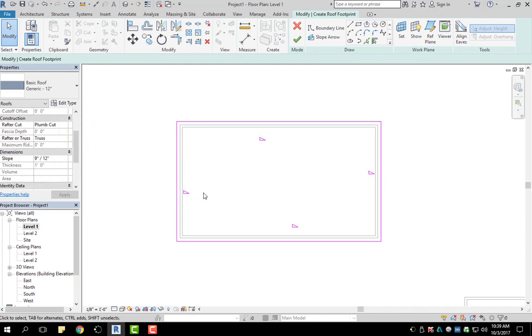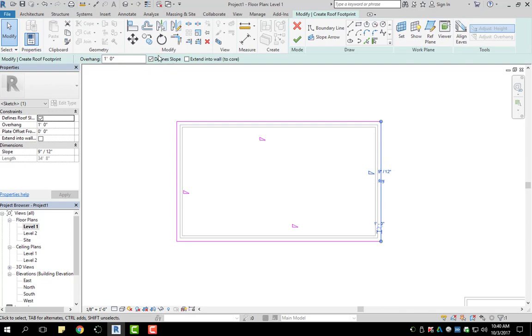So here I can see it is 912 as my standard, but in order to create the gable roof I have to create 2 sides that have no slope. So in this case I want my right side to not have a slope, so once I select it I could either click here and type 0, or I can come up here and select define slope, turn it off,